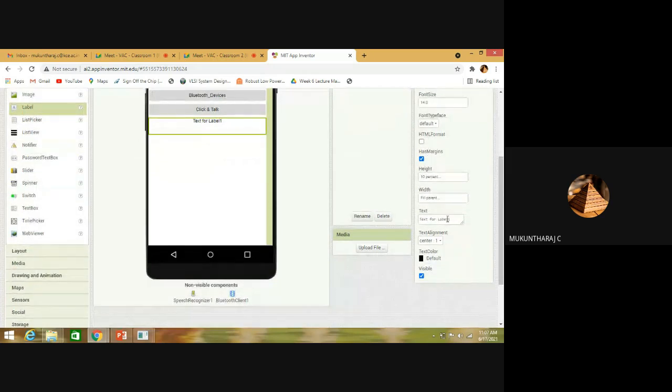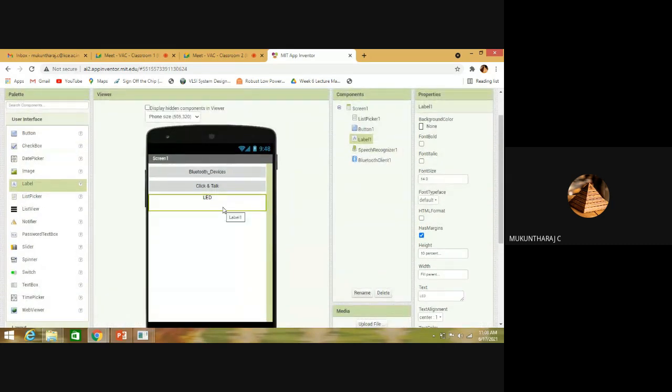So here we can first edit this text. LED. When I say LED on, it is going to give you LED turned on, and the background color is going to be green. Okay, we can fix it that way.